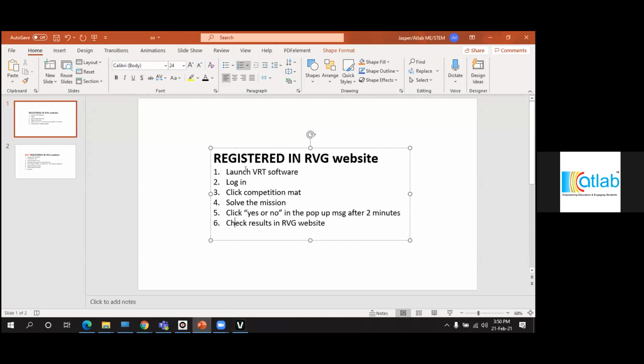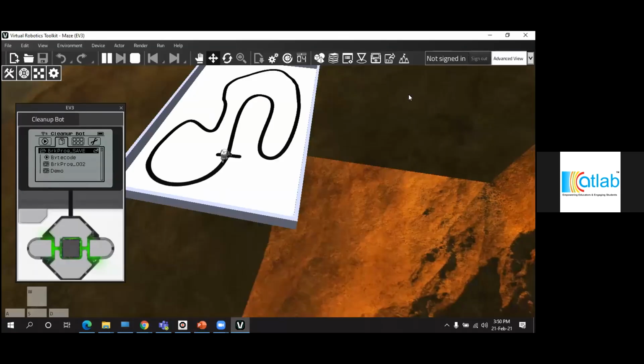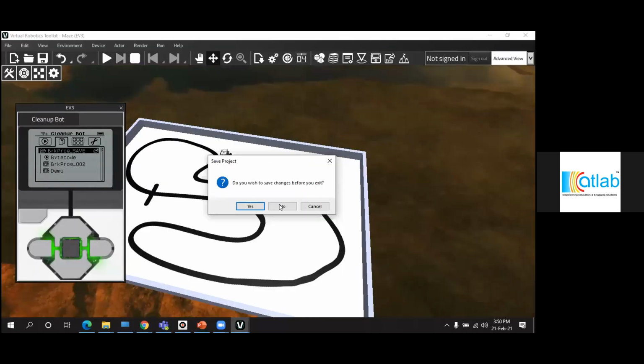First of all, we have to launch the Vrt software and then log in. So I'm going to close this Vrt software and then launch it again.